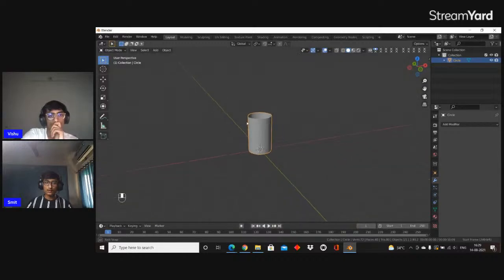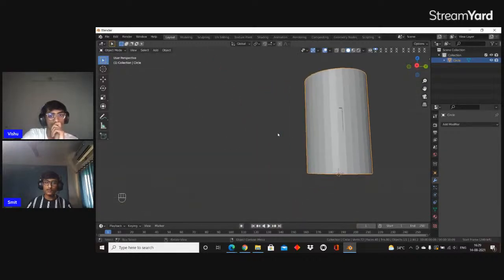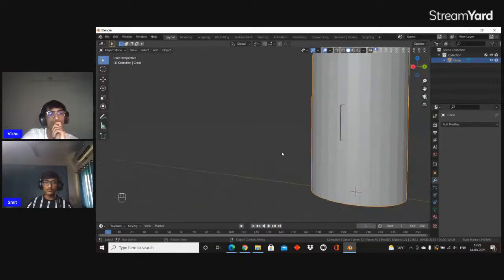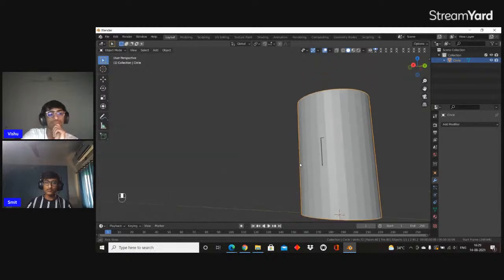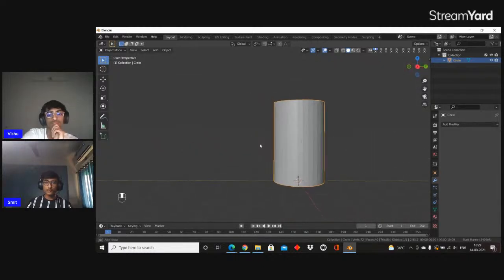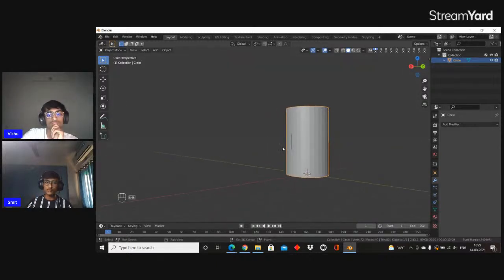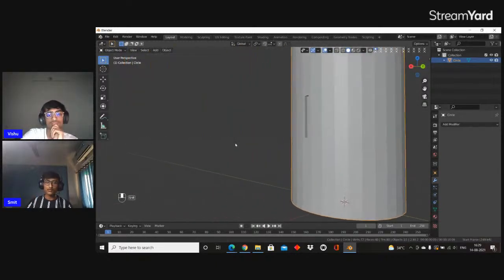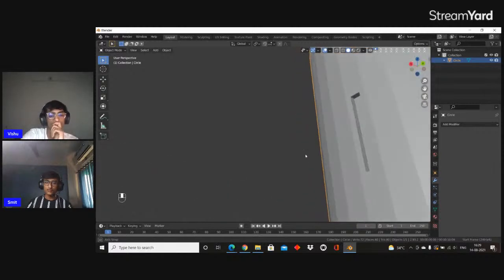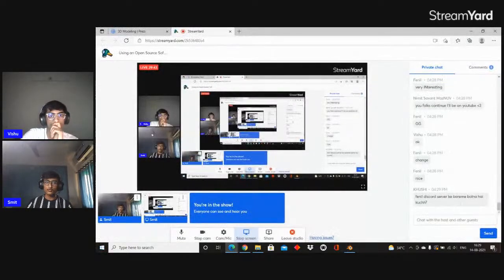And if you are working on a huge project and keep everything low poly, or the vertex count is low in your scene, then you will be able to render everything in real time. It's just so fast, you can't even do it with high poly models. That's low poly modeling. Now next one,